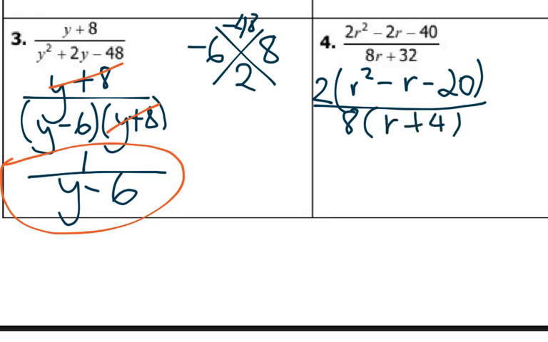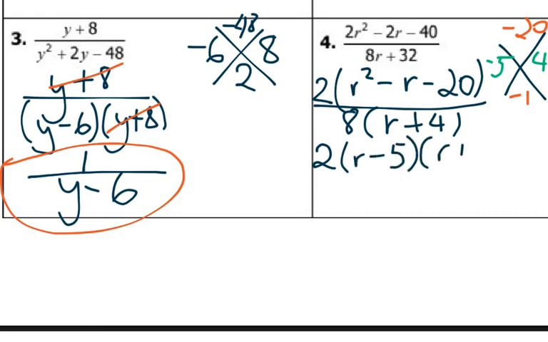And now I'm going to factor r squared minus r minus 20. So I'm looking for factors of negative 20 that add up to negative 1. And my factors are 5 and 4. And they need to subtract to negative 1, so I need to make 5 negative. So now I'm going to write this trinomial as a product of two binomials as r minus 5 times r plus 4 divided by 8 times